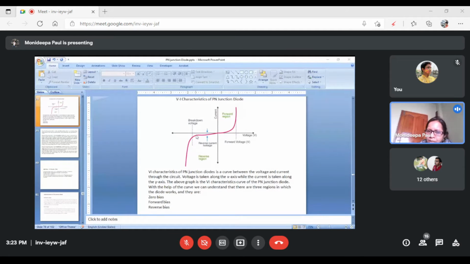up to this voltage, if you apply the voltage in the reverse direction up to this point, the diode can withstand that reverse voltage. So whatever you take, it is the peak reverse voltage. It is the maximum allowable voltage in the reverse bias condition that a diode can withstand.